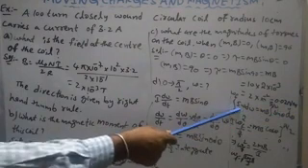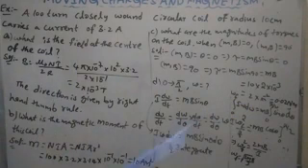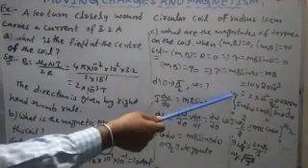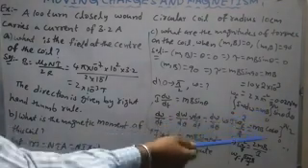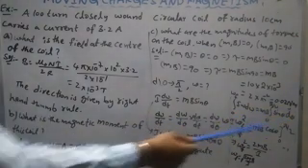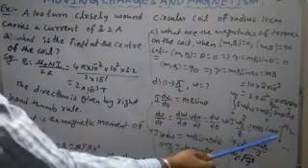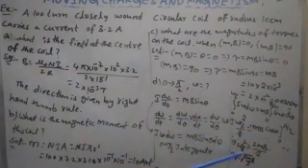I, the moment of inertia, is constant. Omega is changing. The integration of omega d omega is omega square by 2, just like integration of x dx is x square by 2. Initially there is no angular speed, 0. After rotating 90 degrees it gets a maximum angular speed, so I omega f square by 2 is equal to MB into the integration of sin theta d theta, which is minus cos theta. Applying the limits 0 to pi by 2, cos 90 is 0 and cos 0 is 1, so minus into minus is plus, and you will get MB. Correct?